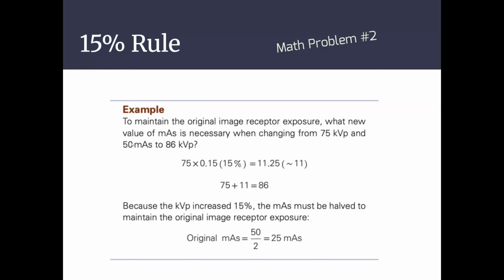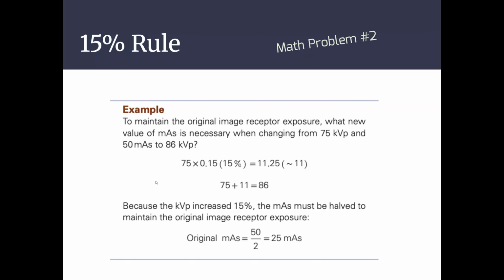So 75 to 86 went up 15%. So then you must go down in the mass. So you must divide by 2. First you figure out what it did. And the other thing I was going to tell you guys is that when you do your homework,